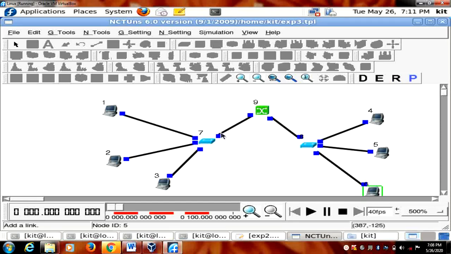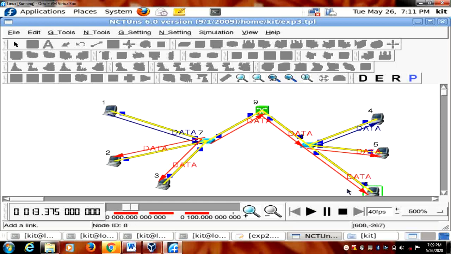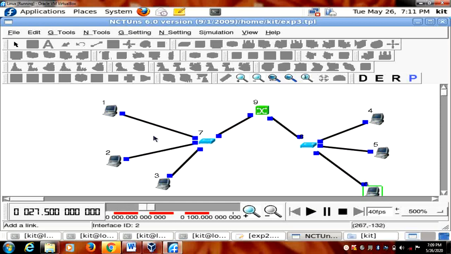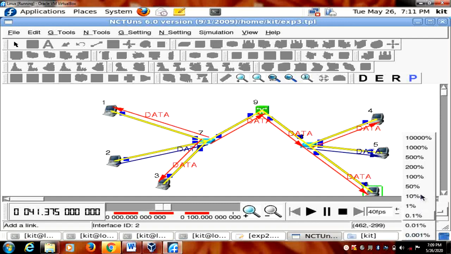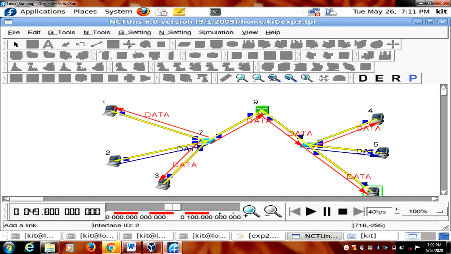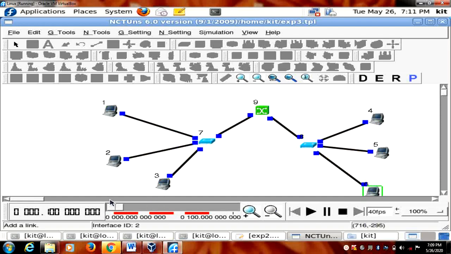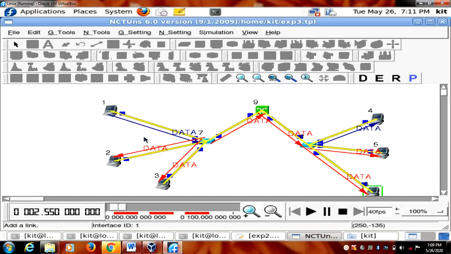File transfer. See, the gap tells that at this time slot it is not transferring anything. Understanding? Okay, let me play that back. Let's see. Connection has been established through the yellow line. You have to go for slow. I will just show you. Let me make it 100%. See, the blue line is available at 1 as well as 4. All others are red line. Observe. The packet drop mark tells it's a packet drop.